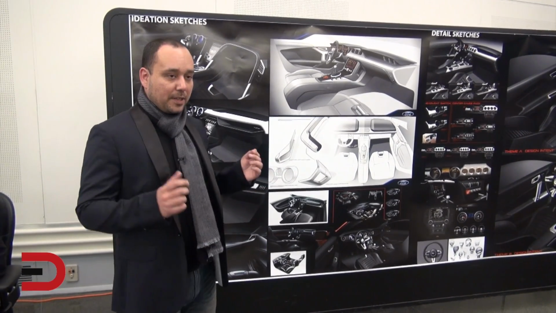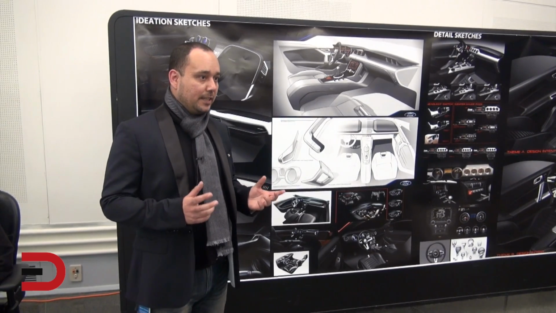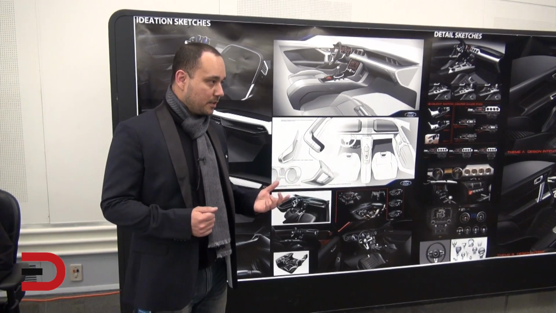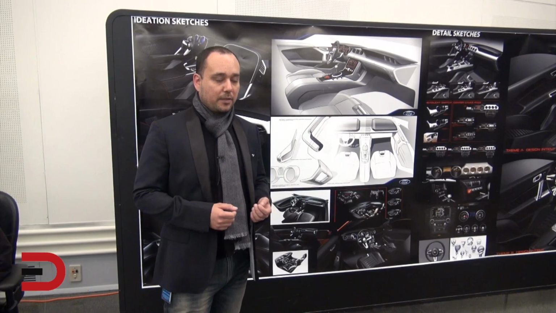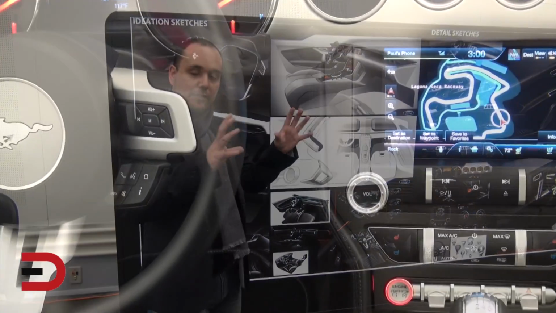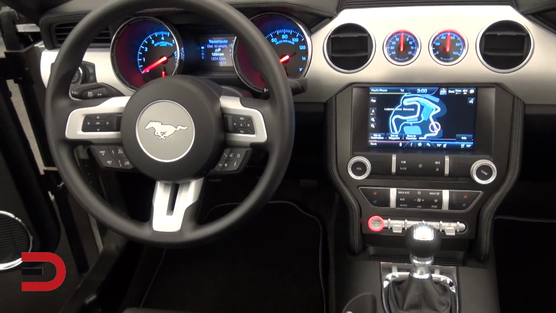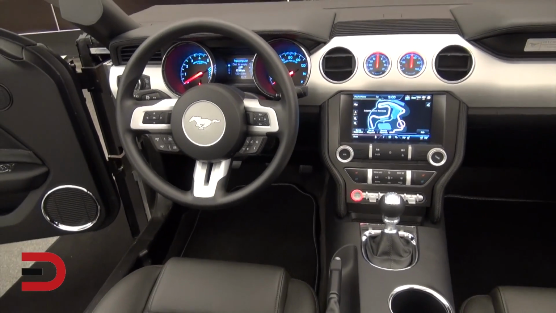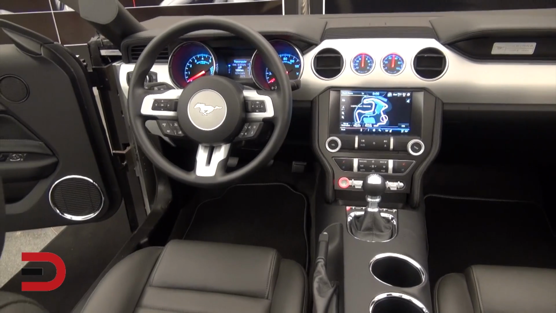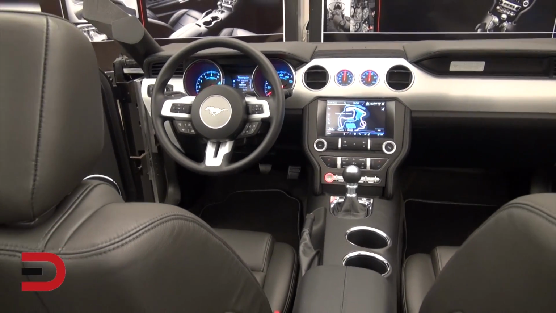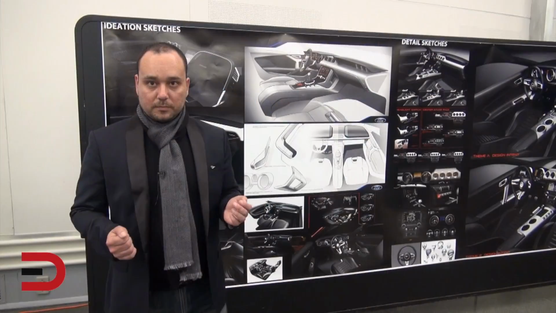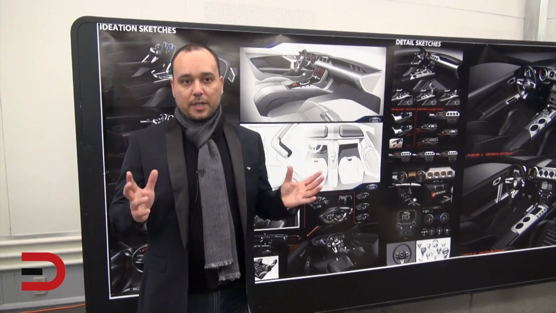So there's a couple of things that we definitely needed to have, which is expected from us, and it's also what the DNA of Mustang really is, meaning we want to have the large analog gauges. We want to have the double brow, which is very Mustang, and we want to have a symmetrical IP. So knowing these things, that's when we start sketching, and always trying to keep in mind that it has to